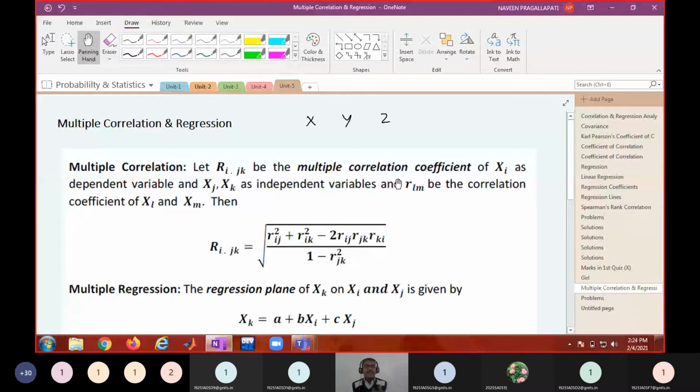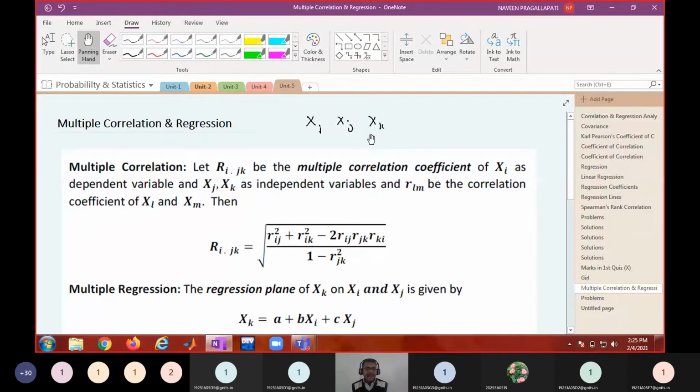So you can write 3 different formulas. Instead of x, y, z, here I assumed xi, xj, xk. So if you are considering xi as a dependent variable and xj and xk are independent variables,